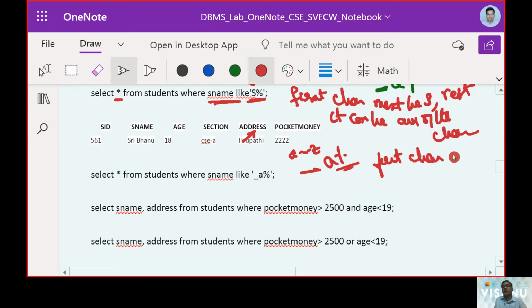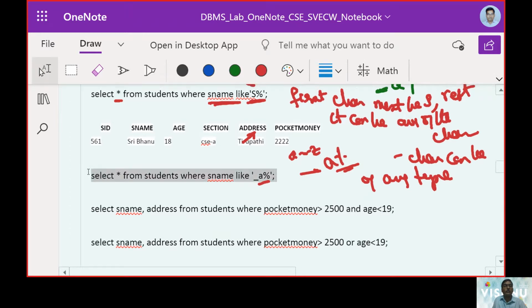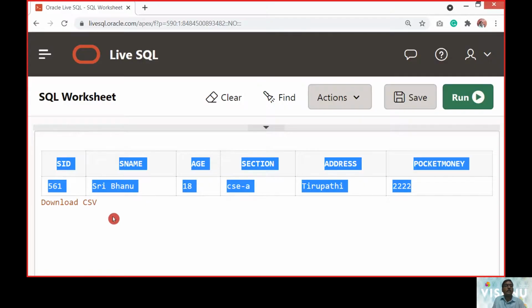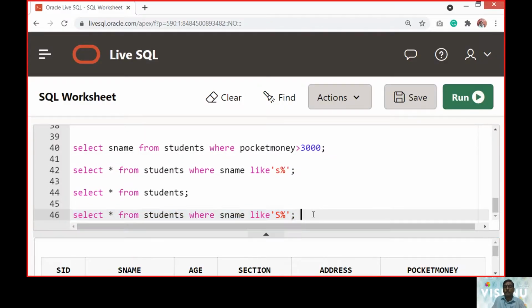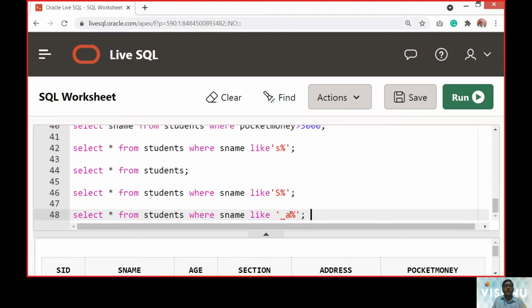First character can be of any type, and the rest of the things it is going to be followed with A. So let us execute this part here. We will execute this query here and see what happens.